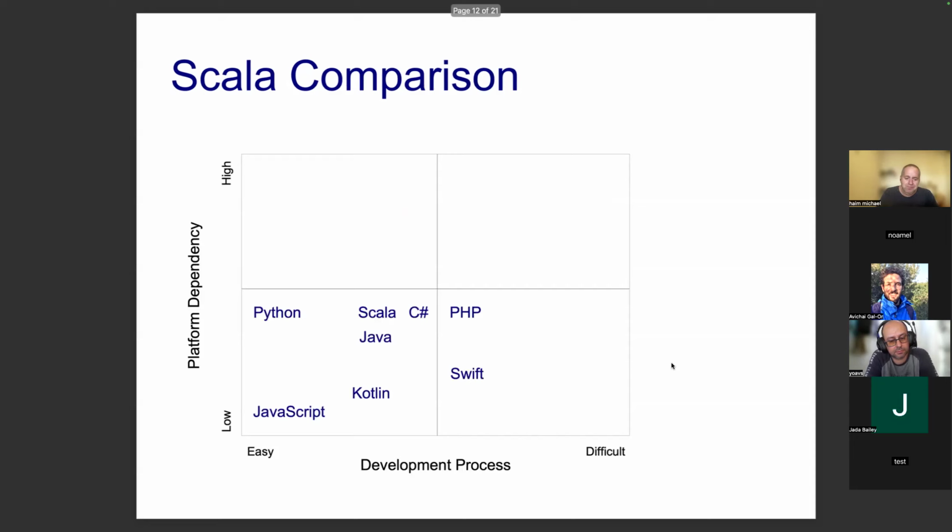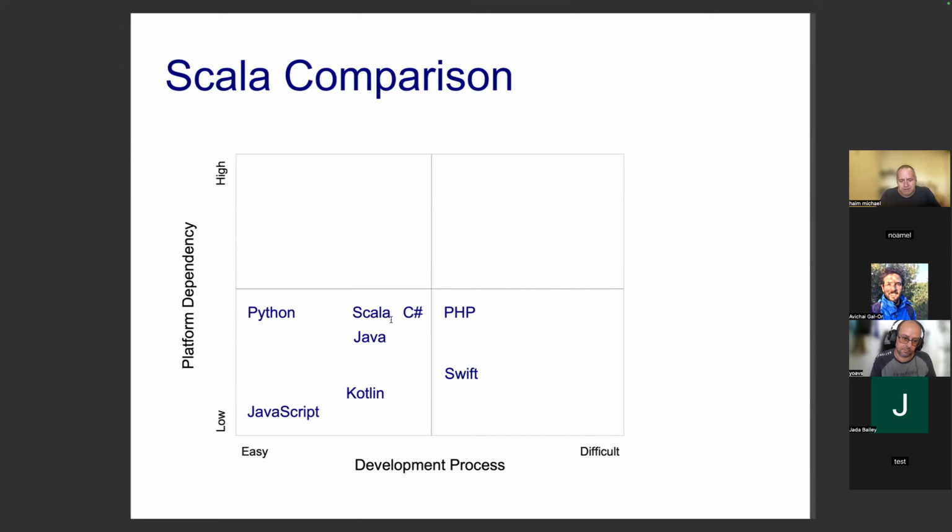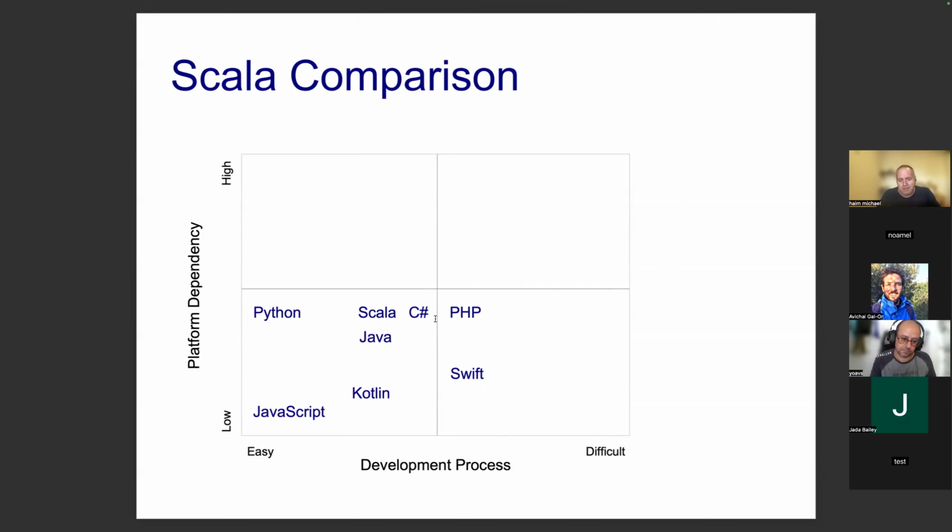Now let's move forward. Platform dependency. Well, the dependency is very low in all programming languages these days because we have a virtual machine. Yet, if you take into consideration mobile devices, then JavaScript you can easily execute on every mobile device. Executing Kotlin and Swift is a bit more difficult. The same with Scala, C Sharp, Java, PHP, and Python. It is possible, but it's not as simple as JavaScript.